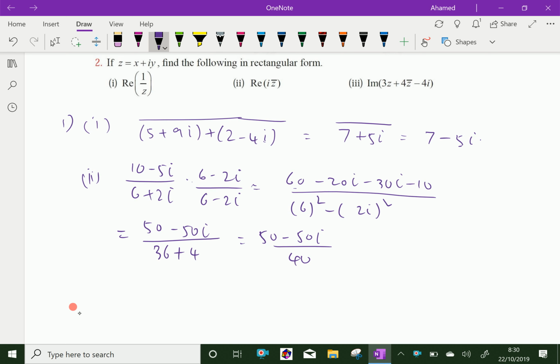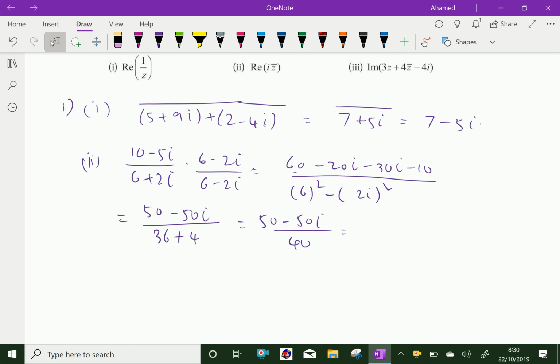Then by simplifying, divide by 10, and it gives 5 by 4, 1 minus i. Then third question,